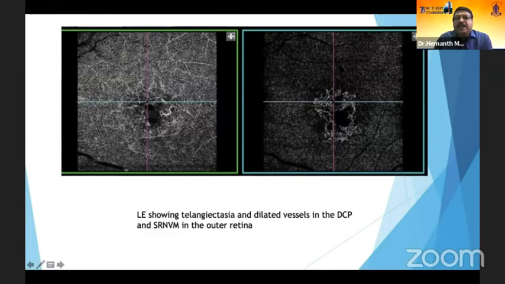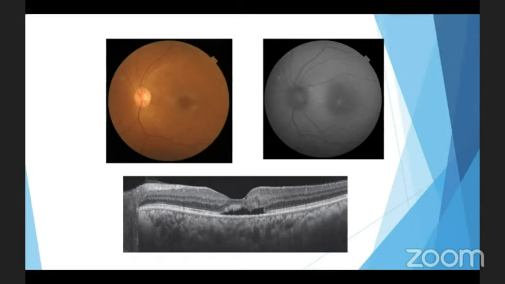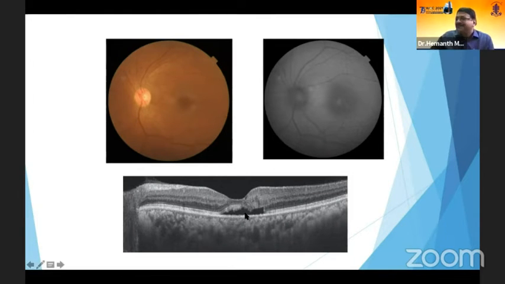So when you do an OCTA, you would see that there is a neovascularization that is present. Very rarely you see this sort of an SRF-like picture in a patient of MACTEL, and you would think that this is CSR, but this is actually due to loss of the ellipsoid zone and the outer retinal tissue.